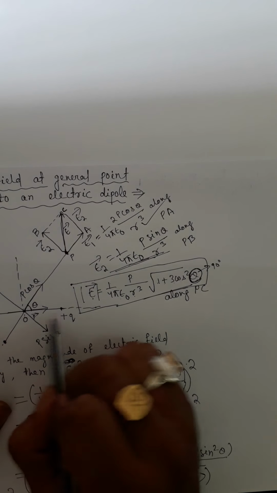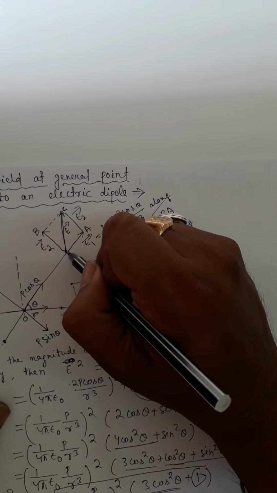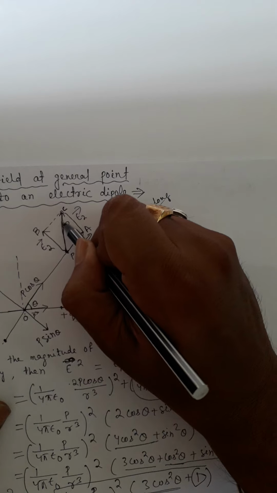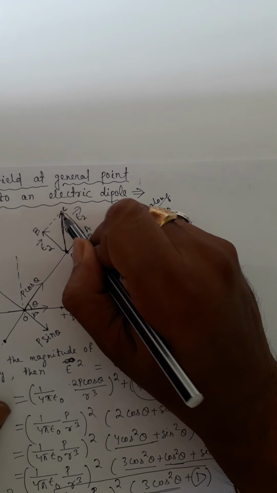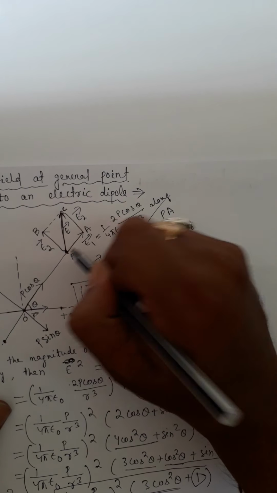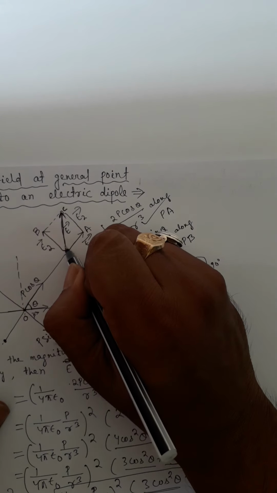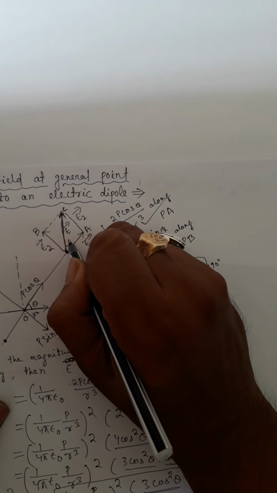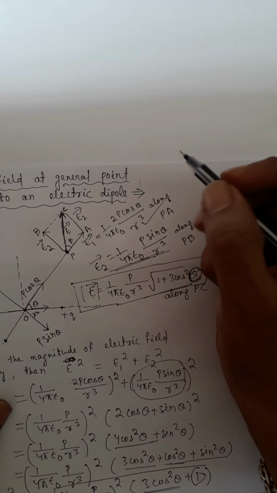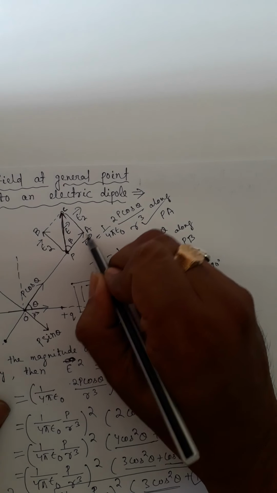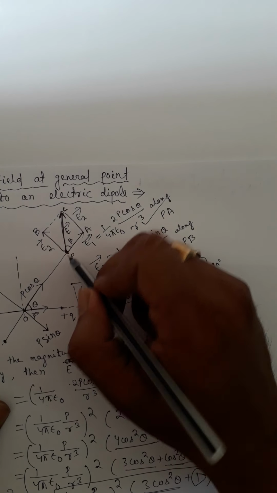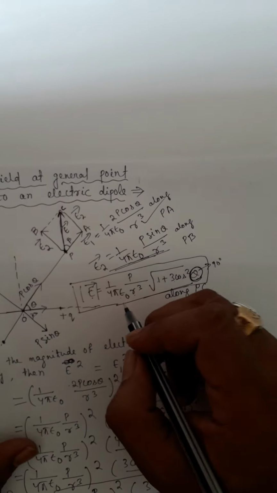Now we have to calculate the resultant direction at this point P. So let's take beta as the angle. Let's take this angle beta, and beta is the angle between E1 and E2. So tan beta